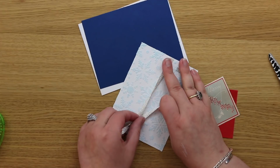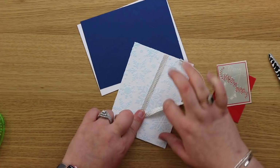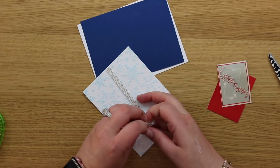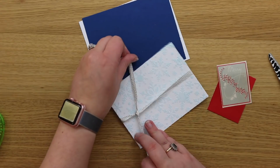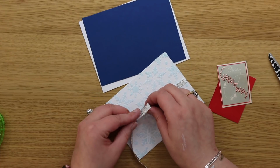Now if you have another person to hold their finger in there, it will help you, but I'm going to do mine on my own here. So place my hand in there, and I'll knot it before I tie my bow because otherwise it will become loose. Now I'm going to tie my bow here,